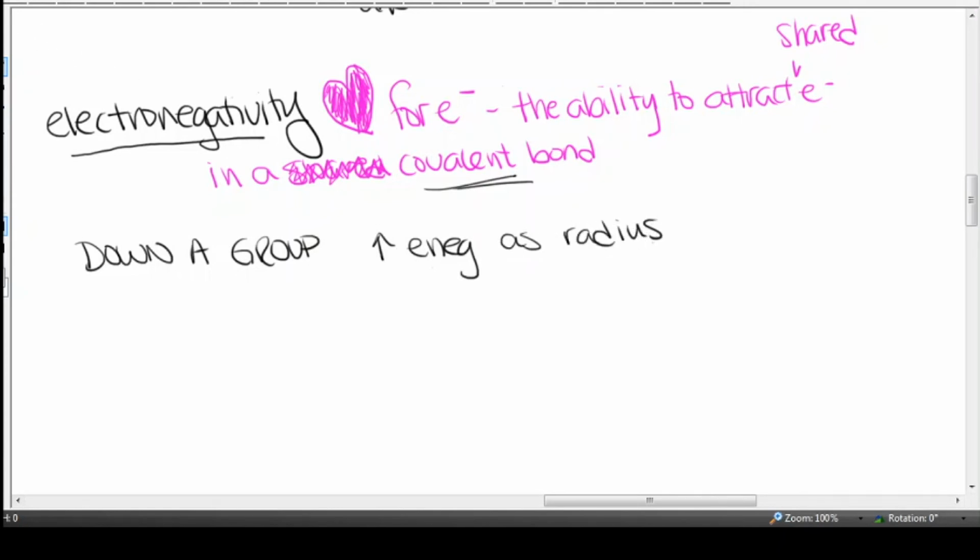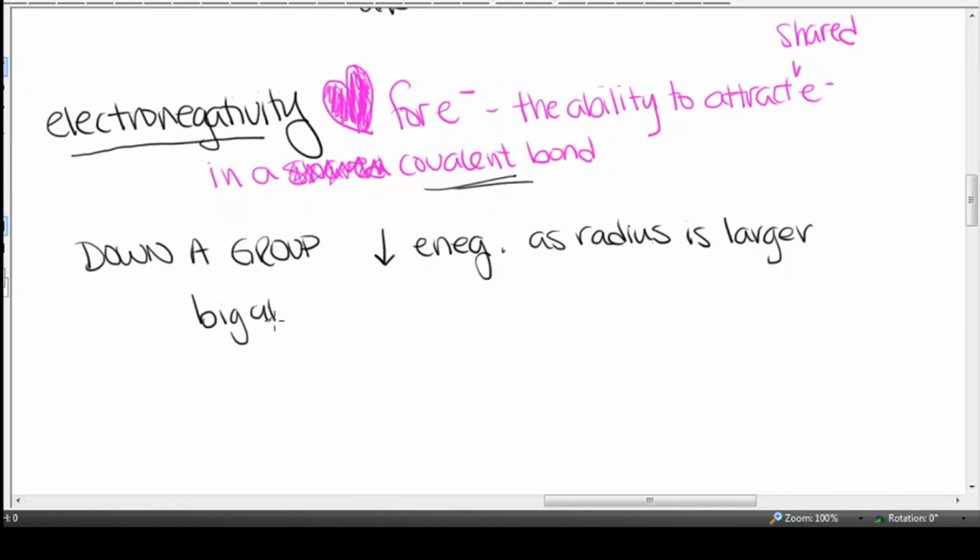I just wrote that completely backwards. Down a group, there is a decrease in electronegativity as radius is larger. Big atoms barely attract or weakly attract their own electrons